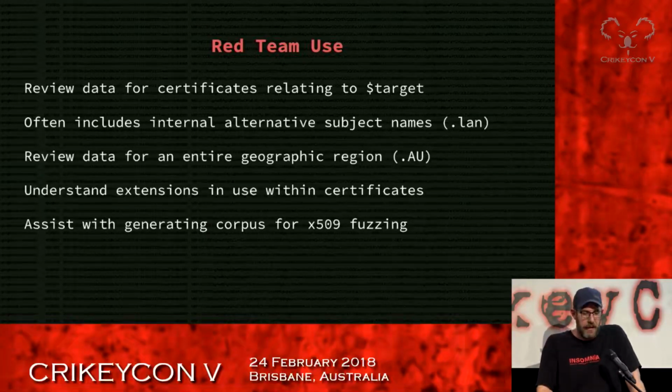So that's pretty useful. And I also think it will eventually make a pretty decent assistant in generating a corpus for fuzzing, right? Anyone who's ever fuzzed SSL knows the hardest thing is actually figuring out a code branch that hasn't been fuzzed 5,000 times before. And we saw that with Heartbleed, when they came out with Heartbleed. It was just hitting a strange code path that no one else had hit before. It was super obvious, but no one had actually taken the time to fuzz it and go through it.